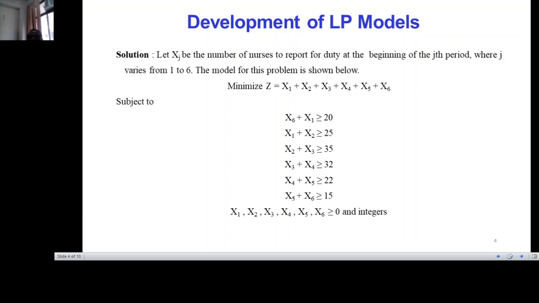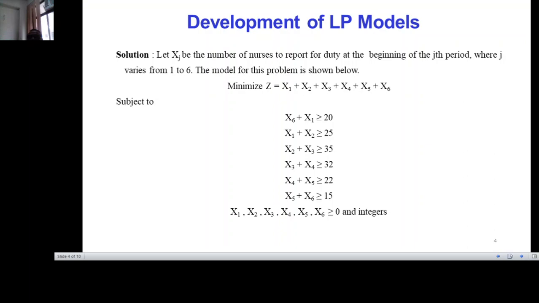Similarly, process number 2 has a setup cost of 250 rupees, processing cost is rupees 10 per square meter, and the maximum built up capacity is 3000 square meter. Similarly, for process number 3, the weaving machine setup cost is rupees 300, processing cost is rupees 8 per square meter, and the maximum daily capacity is 3500 square meter.